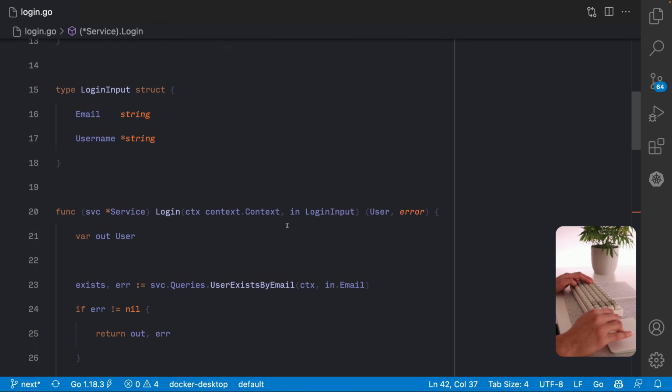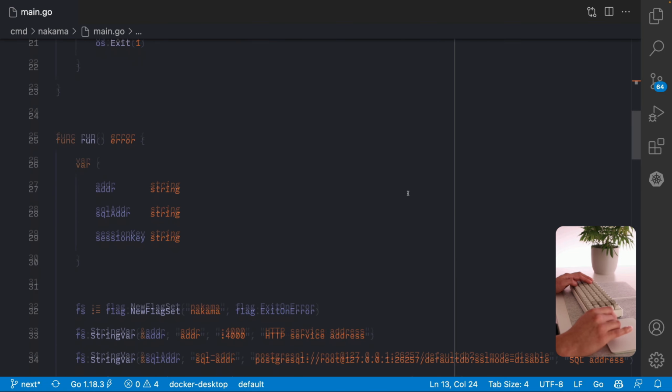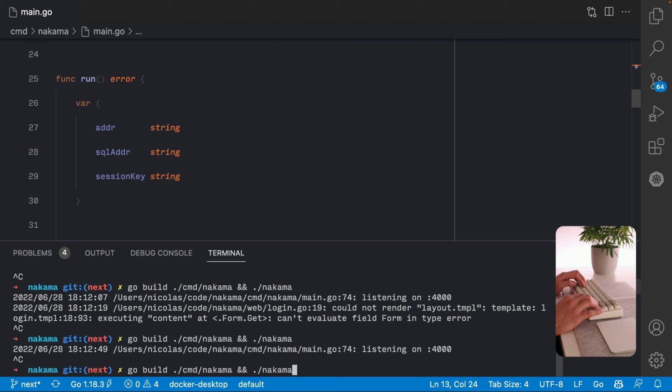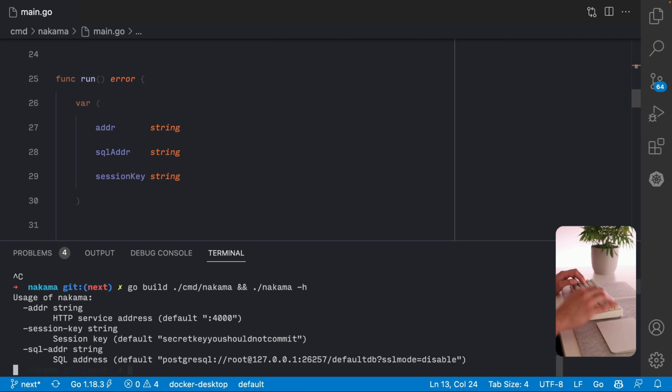And we are using SQL-C to avoid boilerplate in the SQL queries. And all the config is taken from the flags, so they are automatically documented, like you can see here. So if you want to know how the server works, you can ask for the help. And it's gonna tell you how to set up everything.